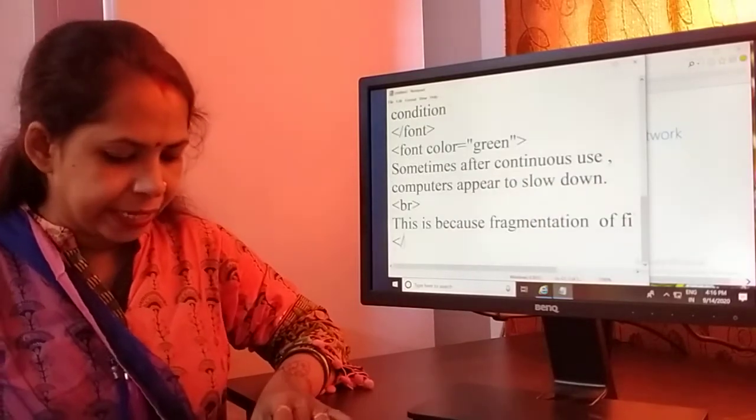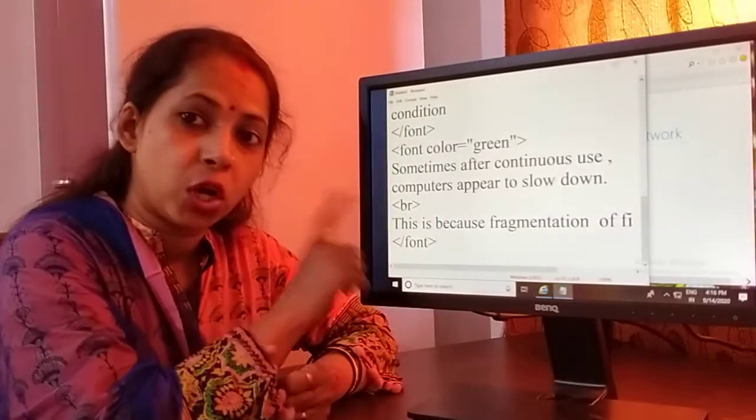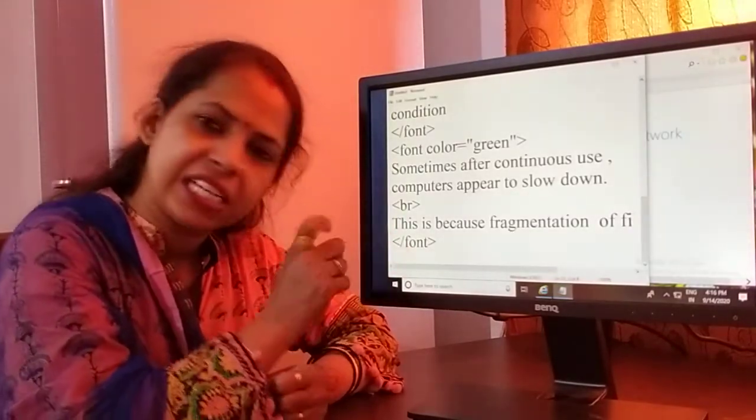After completing this sentence we close the font. We only close the font, not the BR, because BR is an empty tag and font is a container tag.